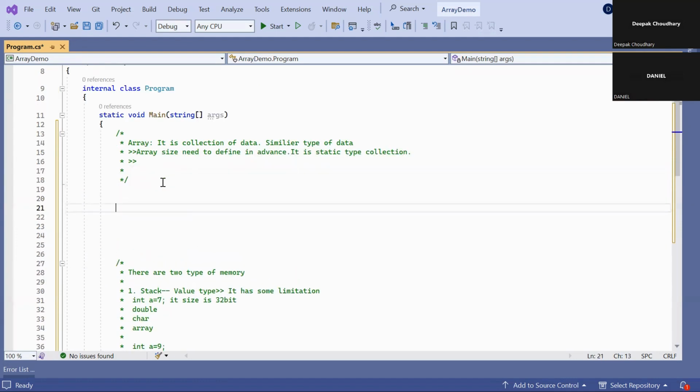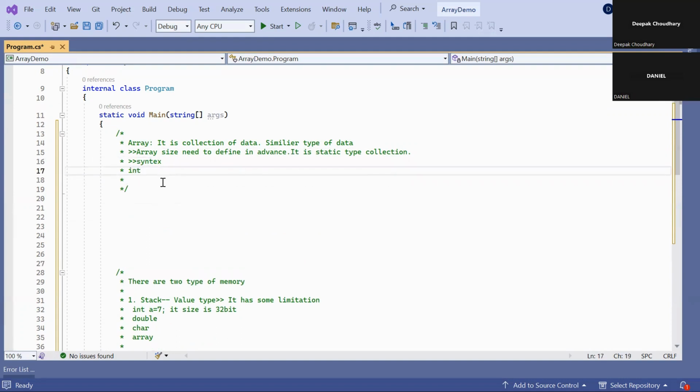So what will be the syntax to create an array? First of all, you need to declare the data type, the type of array you want to create. This is int, so I want to create an array of integer type, meaning the array only stores integer values. Then there is a square bracket after the data type. Then you provide the name of the array, suppose ARR.